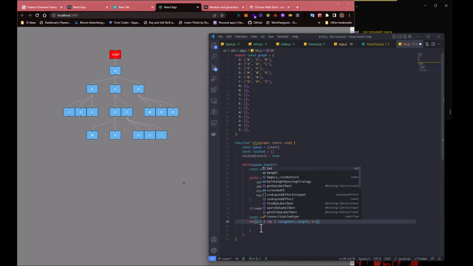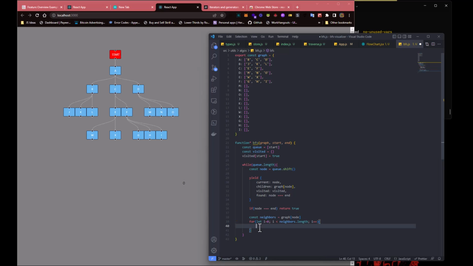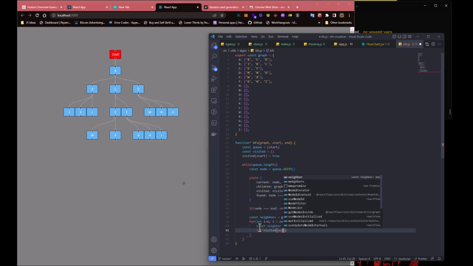Should be that. So while we're still having children inside the array, then we want to keep going. I think we want to get the value first. We want to get the value of this item first. And then we want to check if we have already visited its neighbors. So if we have, we don't want to check again. So if not visited neighbor,